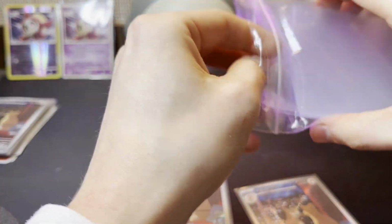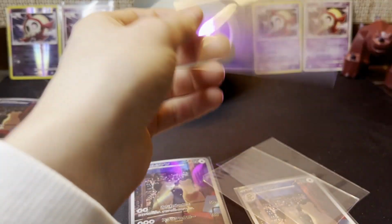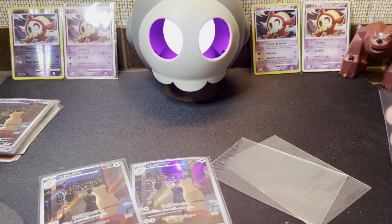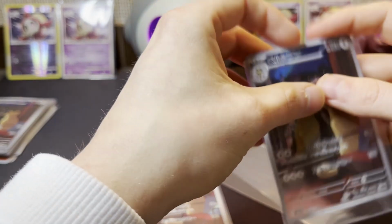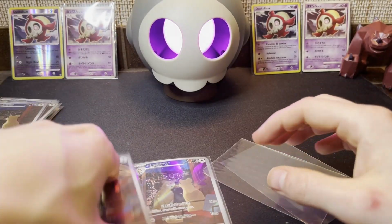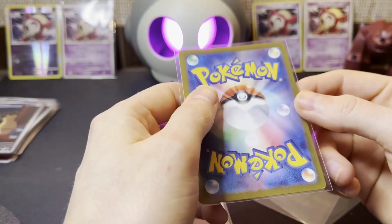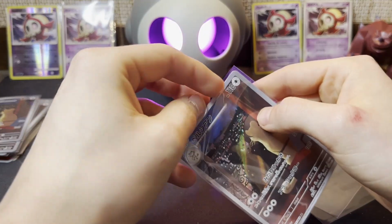Then we do a bit of re-sleeving here though. Let's pop out 3 sleeves. Didn't quite expect that to be the case. That's kind of what it is with going to Japanese marketplaces. If you go to official card sites, it's usually quite good, like the shipping and the packaging as well. But in this case, these are from third-party markets such as Mercari. Quite a few of these are from there. So that usually does mean that the packaging is up to the individual, and